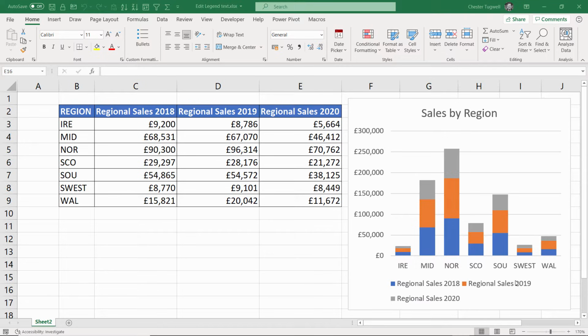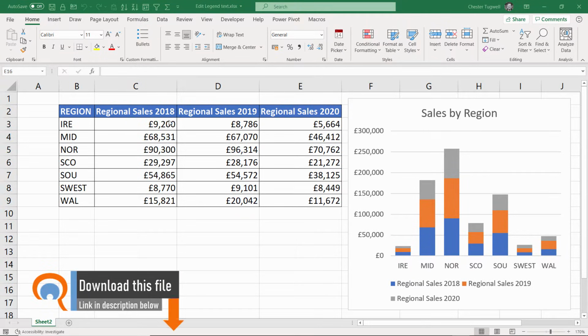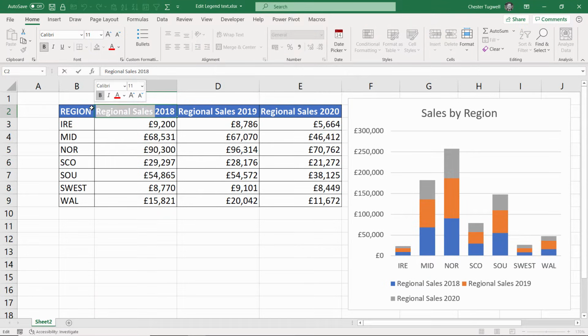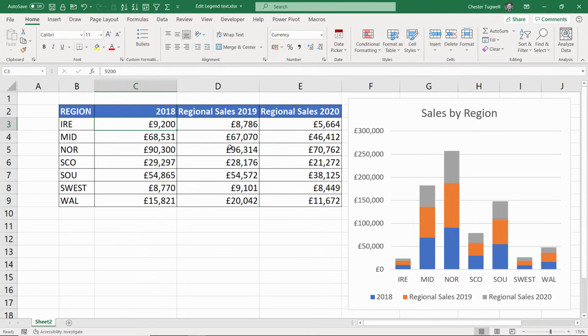You can see that this is taking up too much space in my chart, and what the chart does by default is just pick up the column headings that you have in your data. Now, the simplest way of changing this text is to change the text within your data. So for example, if I just got rid of regional sales there, you'll see that it reflects that change within